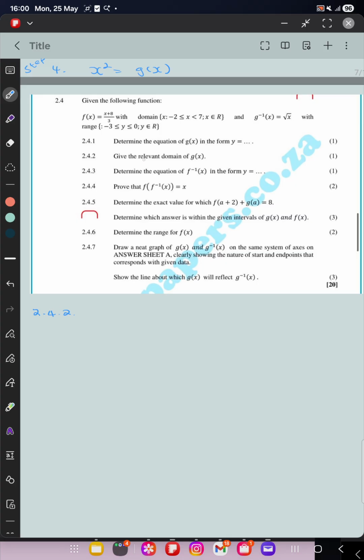Give the relevant domain of g of x. Again, I say, what am I given at the moment? I am given the range of g inverse of x, which is